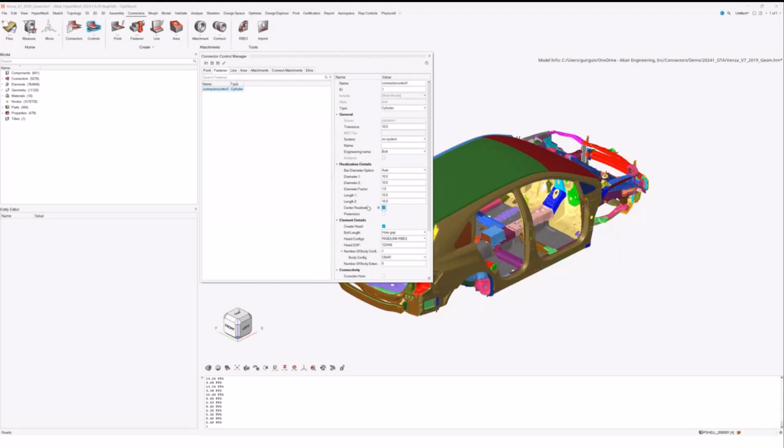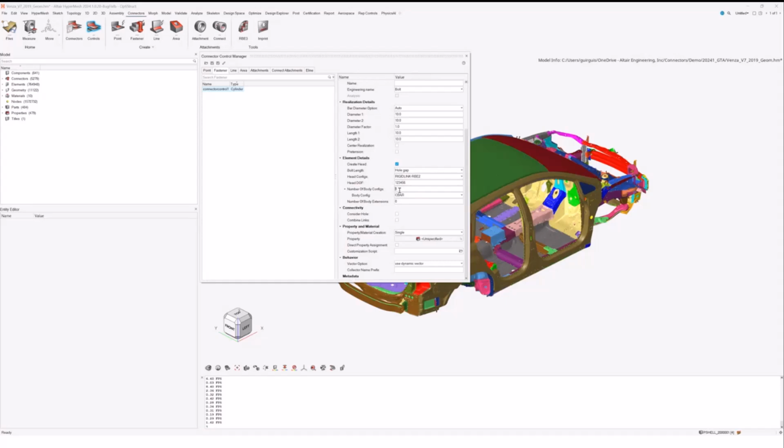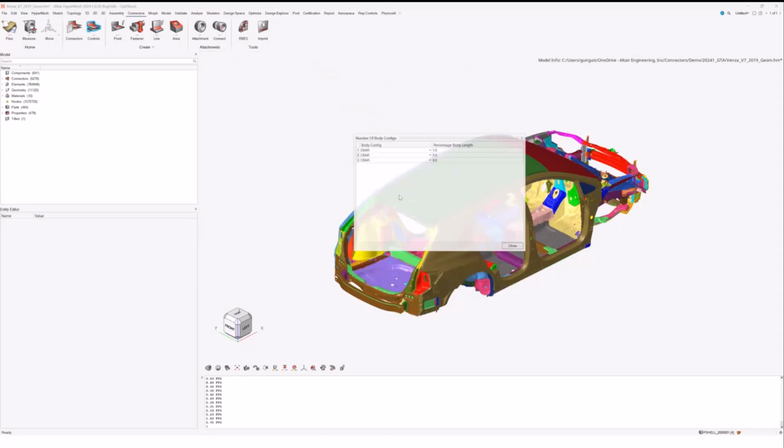So each of these options will now show you what turning the option on and off does. So you can see in this case, turning the option on shows a small change in the RB2. I turn it off, a slightly different value. But you should now be able to very easily, if a customer wants to be able to define a C-bar with 3 beams in the middle, or let's just say it's a C-beam, a joint axial, and then a C-bar, and the distribution is relatively even between them,